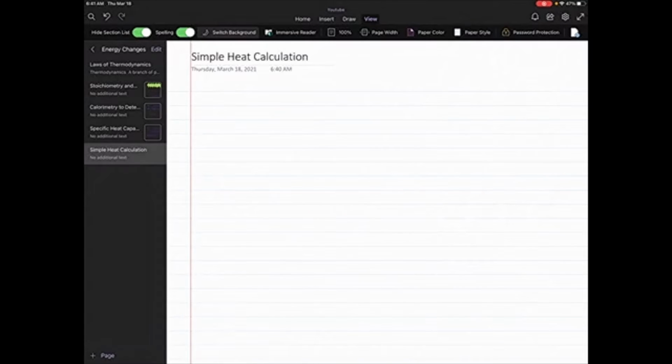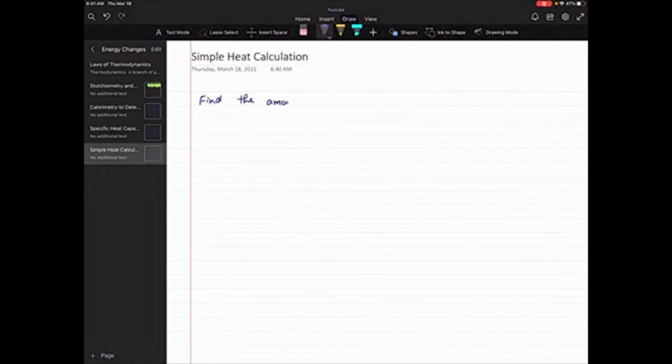So let's say we have a question. I'm just going to pick a question from here. I have a bunch of questions here. Pick one at random. So let's say we have the amount of heat. So let's write it down. So find the amount of heat, which is represented by the letter Q,